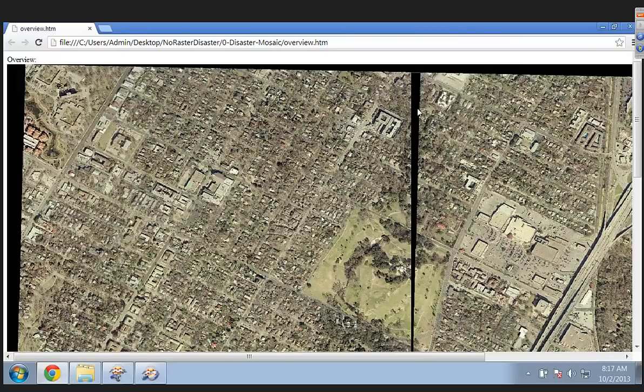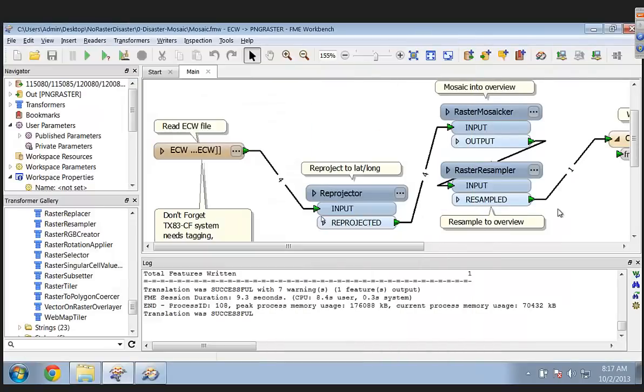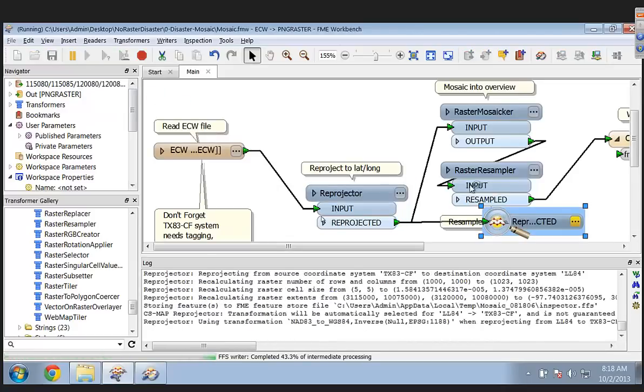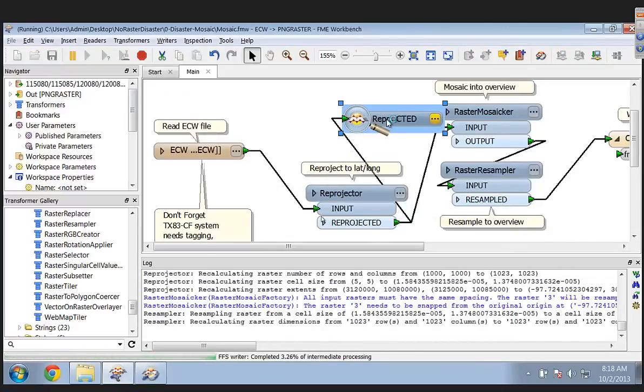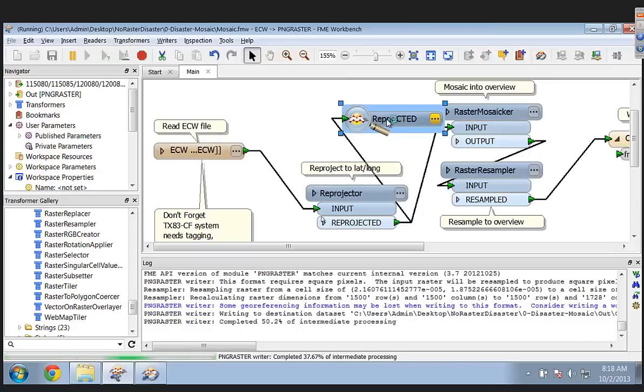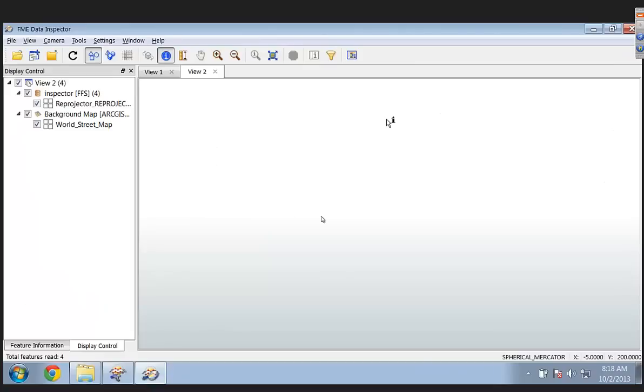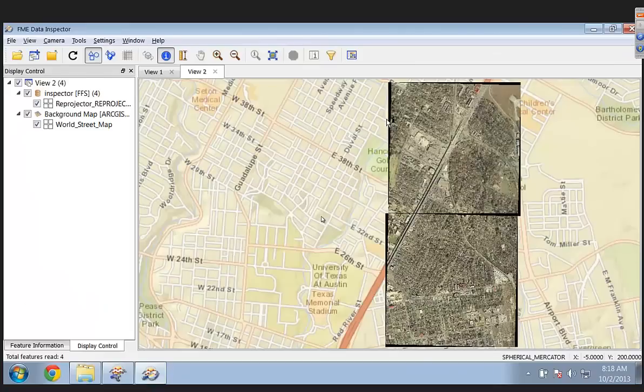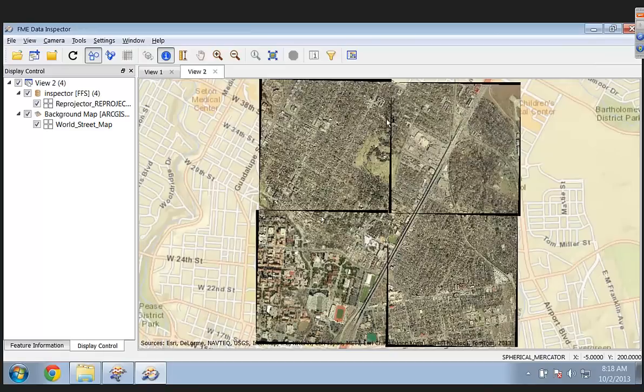No. And the reason for that is when you reproject the image, it ends up rotating it slightly. Well, rasters have to be rectangular. That's their data structure. So FME fills in the empty spaces with, by default, black triangles or black data. But when you mosaic them together, these black areas overlay the adjoining image areas, and it looks very not pretty at all. So the best thing to do would be to make those black areas somehow transparent, so when you lay them beside each other, the underlying image would show through.